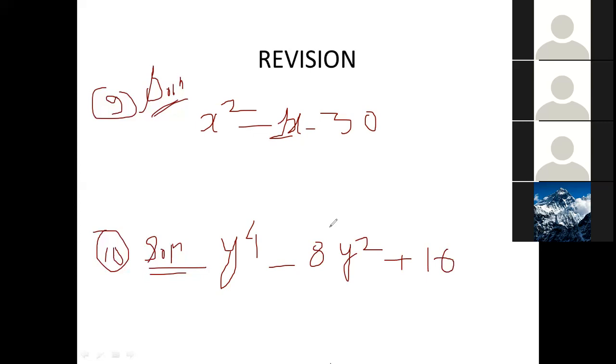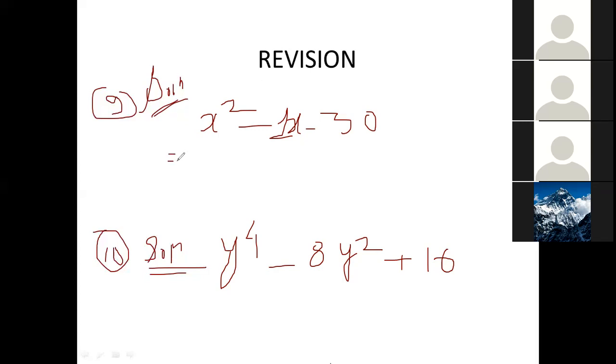Did we do it already? Before, children, the question had y square. In the last question, the number 10 type question, did we do it or not? Sir, we did, y square and 8 in y. Here we can do it. How to do the middle term breakdown? Then look there.